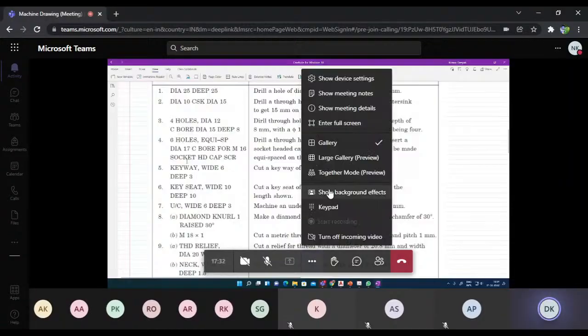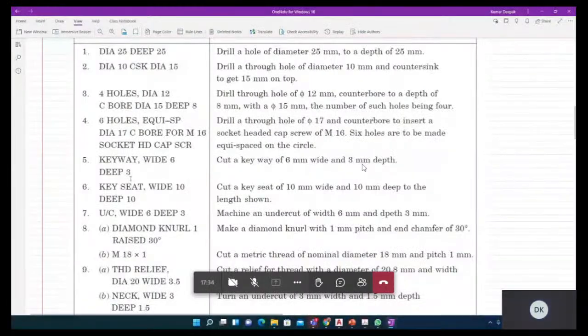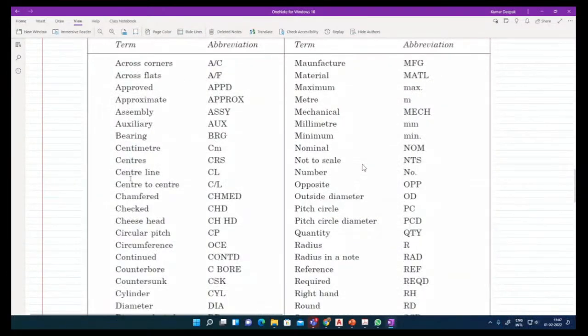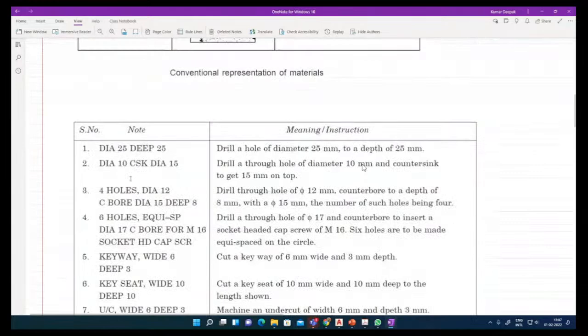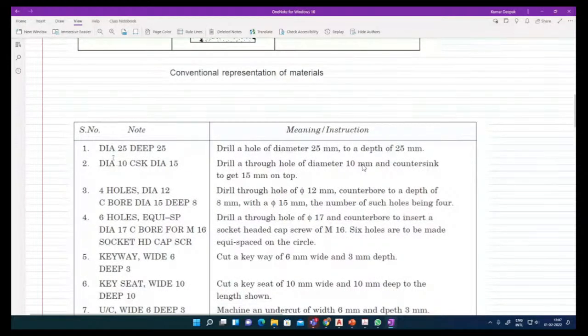Then if you know, you will be able to easily understand those drawings. So what is the meaning of countersink and counterbore? That I will explain. That is a manufacturing thing. So suppose you have a